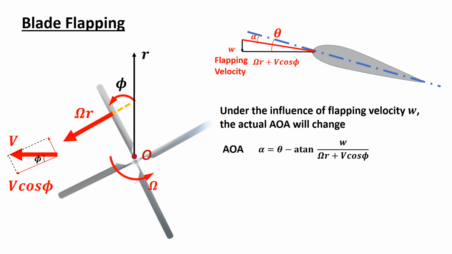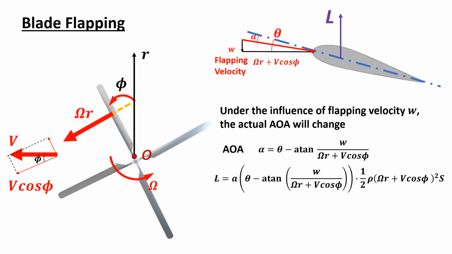First of all, we need to find this small angle, then use theta minus this angle, which becomes alpha. Then further, since we have the angle of attack, we can calculate the lift acting on the